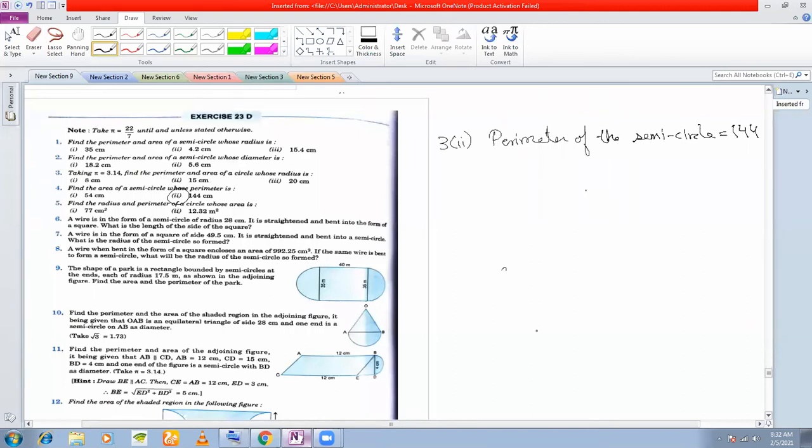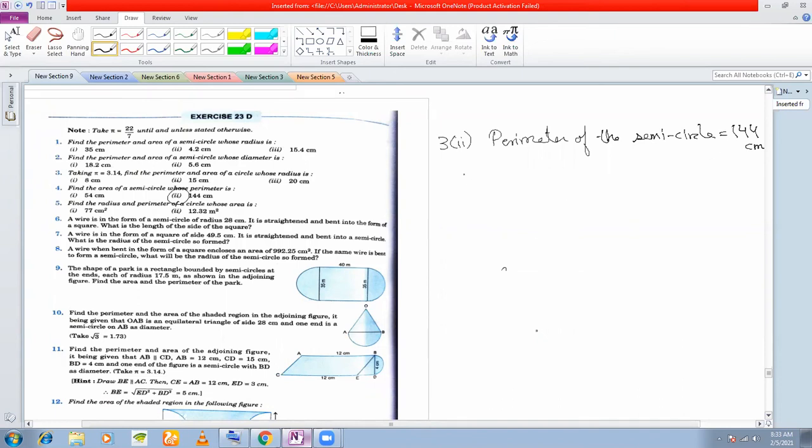Now if you remember, in case of circles, when I had discussed that problem yesterday, find the area of a circle whose circumference is given, and from the circumference you have to find out the area. What were you doing? From the given circumference, you are finding out the radius, and this radius you are using to find out the area of a circle. We'll follow exactly the same manner here. So perimeter of the semicircle is given to you as 144. From this perimeter, we shall find out the radius.